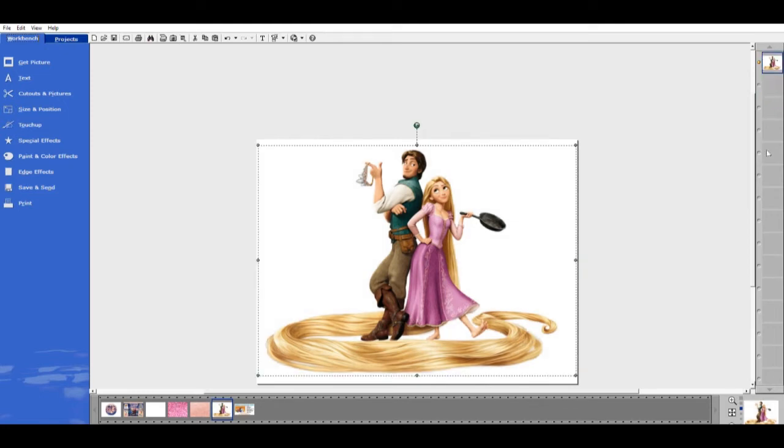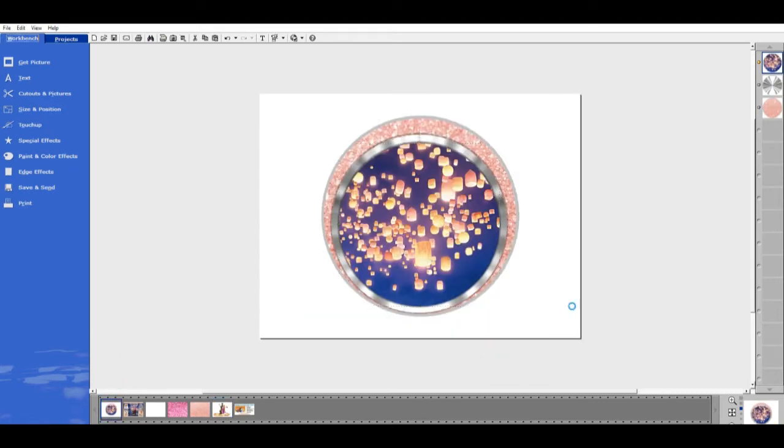I'm going to delete the bottom layer, and I'm going to go back to our cake topper by left clicking on it. It brings up the little sub menu. You're going to click switch to on the little sub menu, and it brings you back to this image. Now I'm going to grab my little tangled characters, left click them, drag and drop them into my image, and